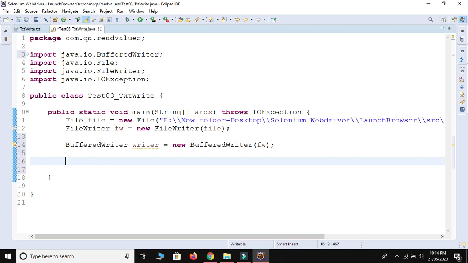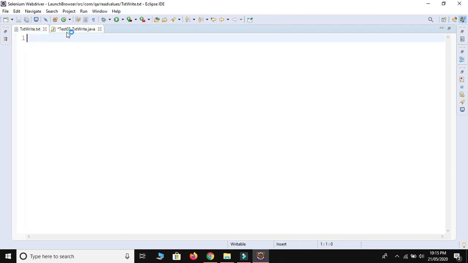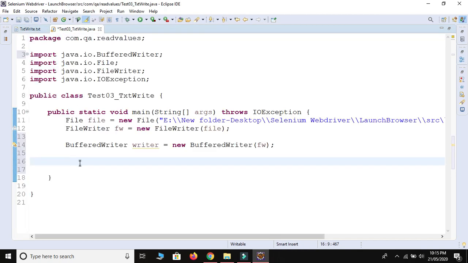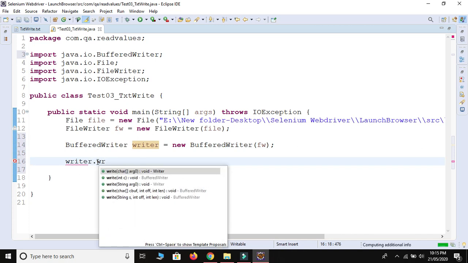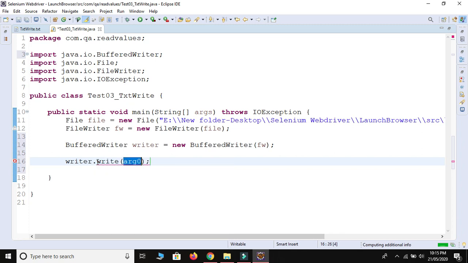It's time to write something in this file. As of now this file is completely blank, we don't have any value. So I will write something. By using this reference variable, writer dot write method is there. I will write some string.